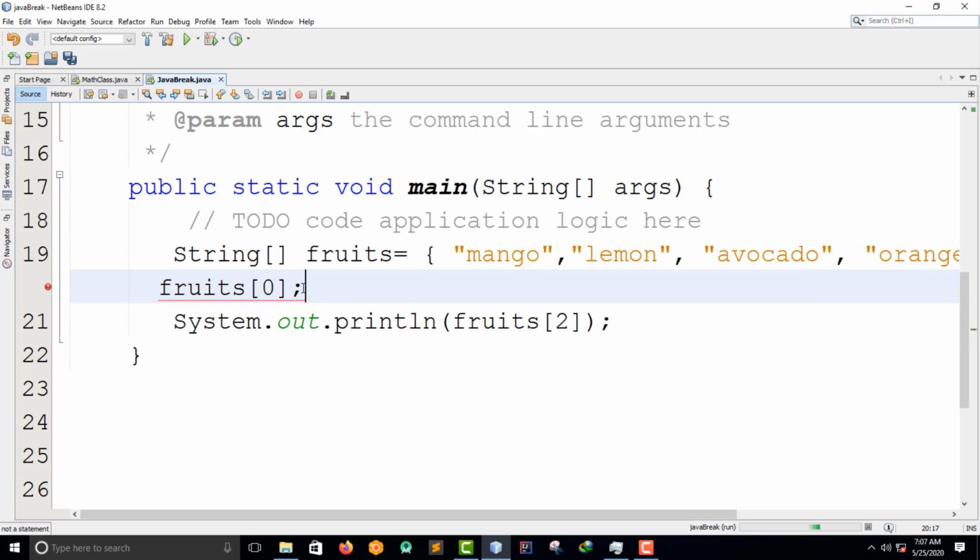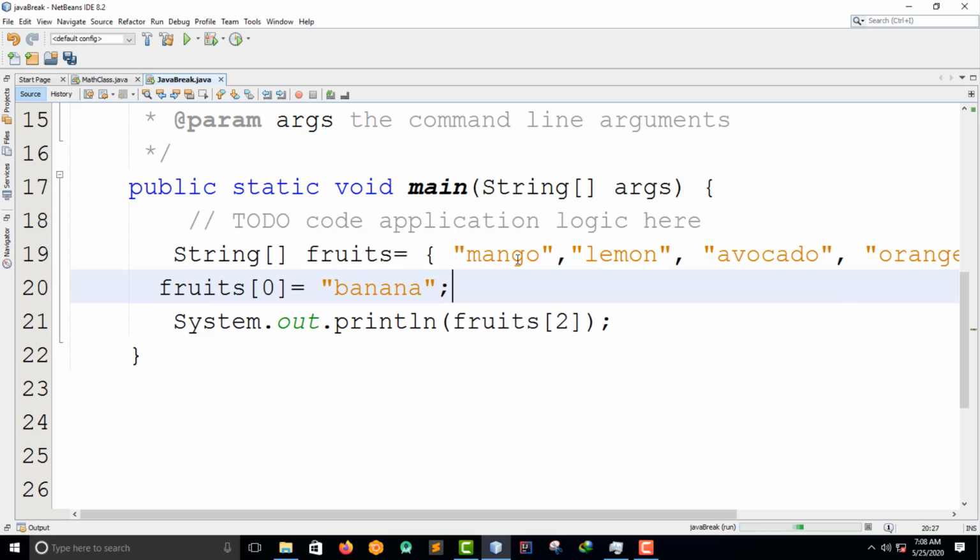Let's see if it's going to work. I want to change mango to which fruit, guys? Let me say banana. Let's see if we can change this. Let me run.